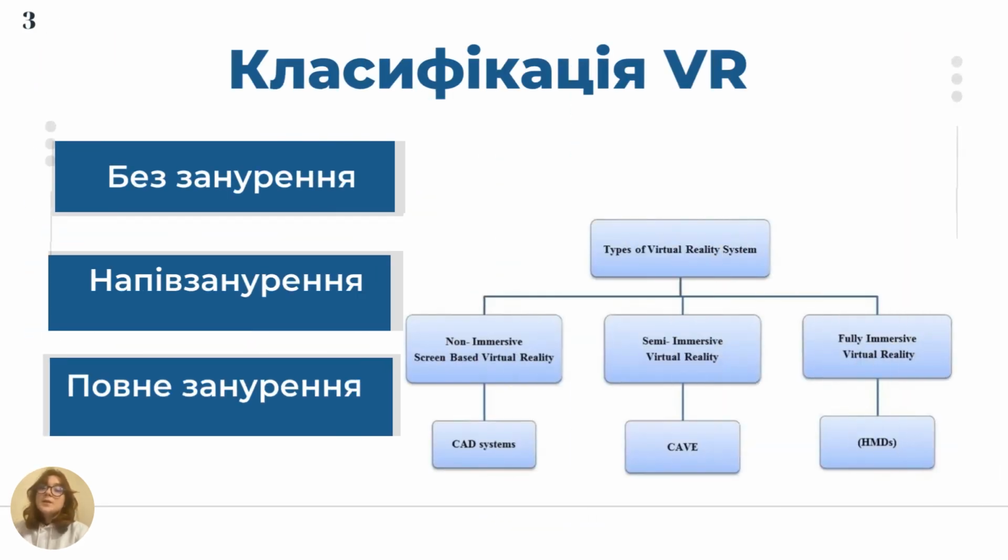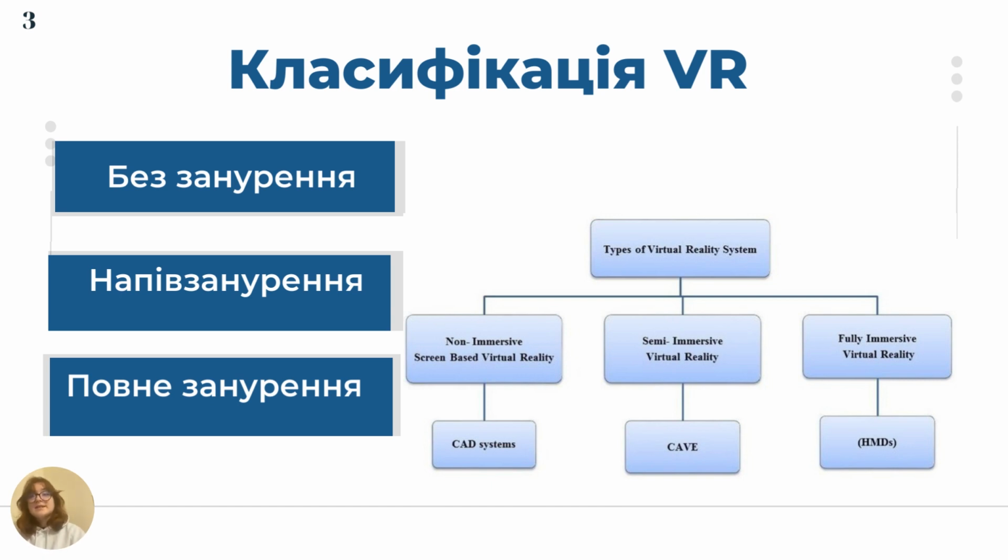So let's go to the classification. For a better understanding of the subject of the work, consider the classification of virtual reality systems. The first one is non-immersive virtual reality. This technology provides an engineered computing environment, but allows the user to be aware of and control their physical environment. A non-immersive virtual reality system consists of the computer or display and some devices such as keyboard, mouse, and joysticks. A video game is quite a great example of non-immersive virtual reality.